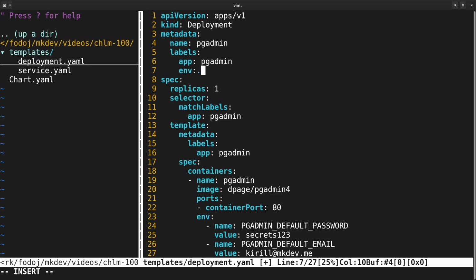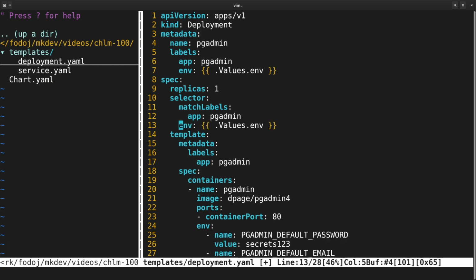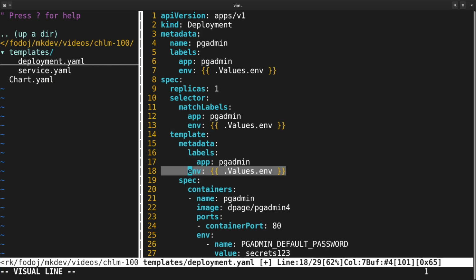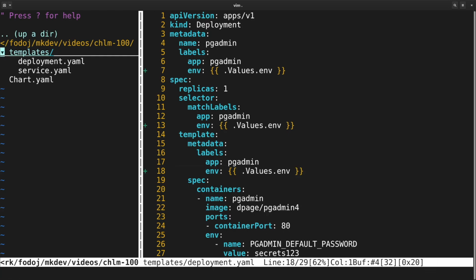The way Helm templates can be made dynamic is by referencing variable values. If you've used Terraform, then Helm values are exactly the same concept as Terraform variables. The variable can be referenced by the name like this. We need to type two opening curly braces, then a special keyword .Values, then, after another dot, the name of the variable we want Helm to insert in this part of the template, and finally, two closing curly braces. The name of the variable can be anything you want. Let me now copy this label to a few other places inside our templates.